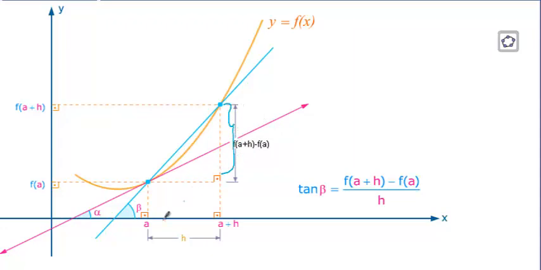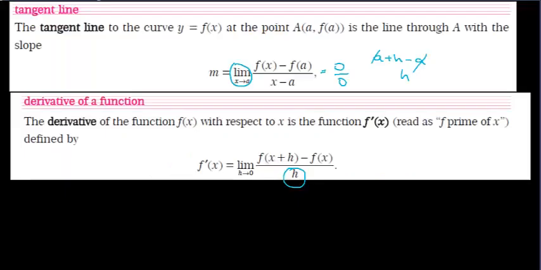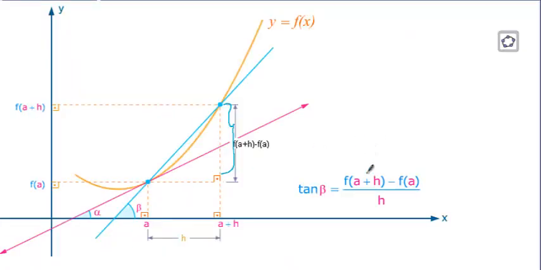The previous formula for the derivative, this formula I'm talking about, is f(a+h) minus f(a) over h. Here the point is h units away from a, so this is a plus h. That's why this is f(a+h), and as you see here, the distance between these 2